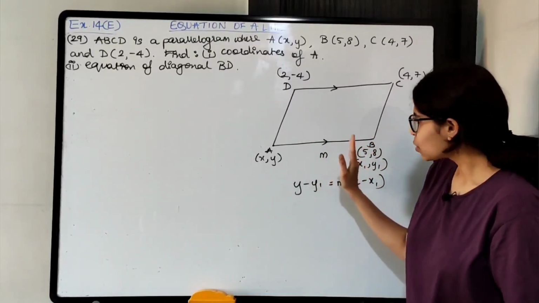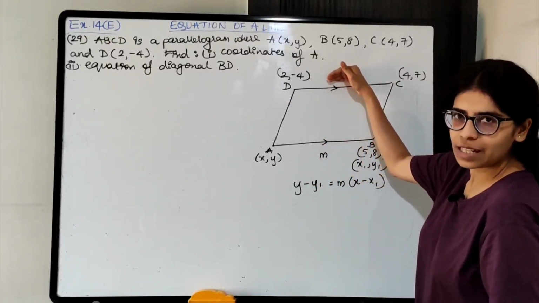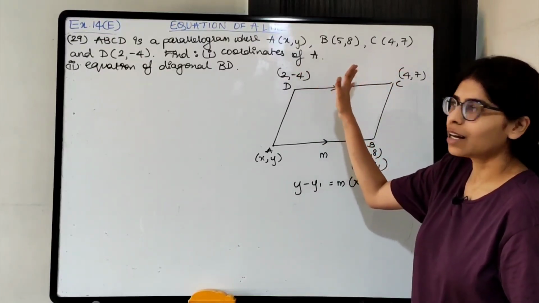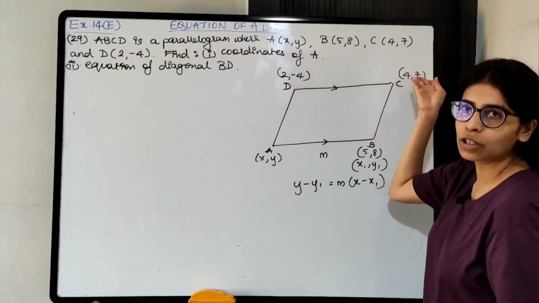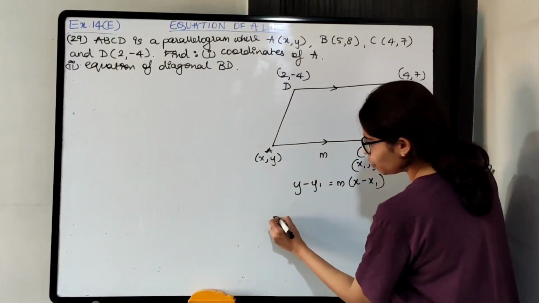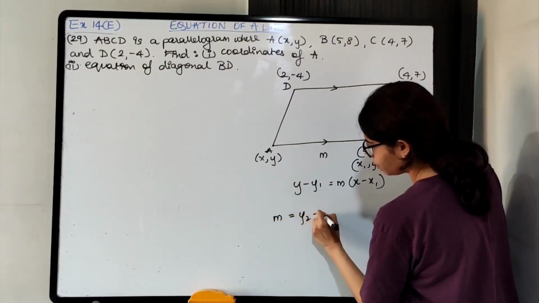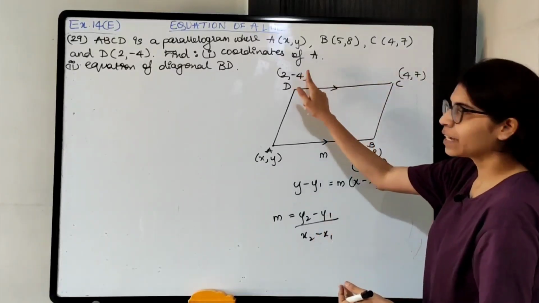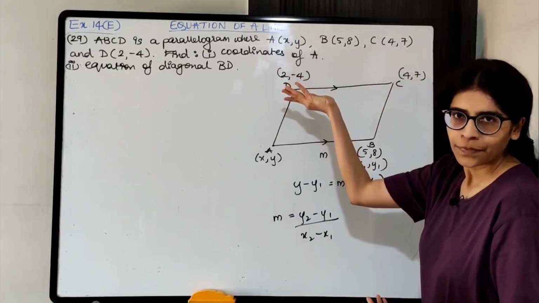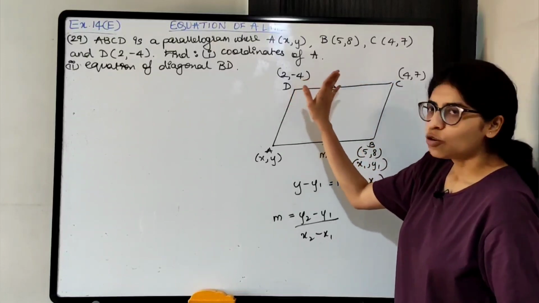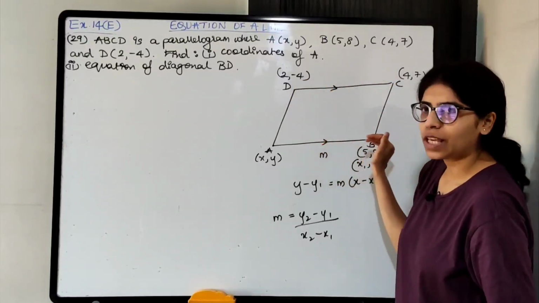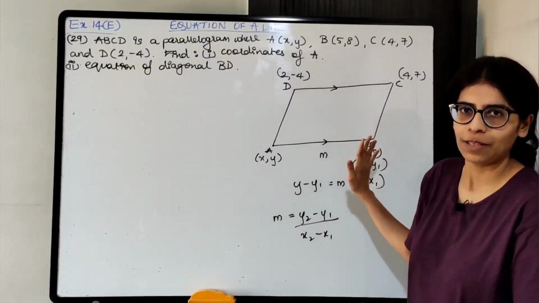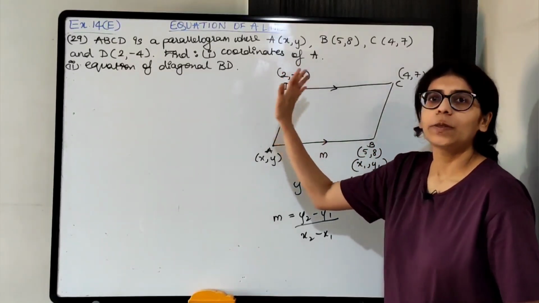Okay. So for the slope, I need slope of CD. CD का slope मुझे कैसे मिलेगा? I know the coordinates of D, I know the coordinates of C. Use the formula. Right? All I have to do is subtract y coordinates, then x coordinates. Okay. So I'll get the slope of CD. From that I'll obtain the slope of AB and then the equation of AB. Same way for AD I'll obtain the equation.